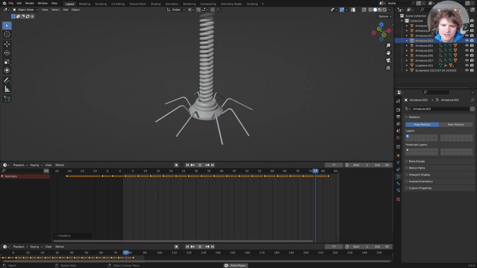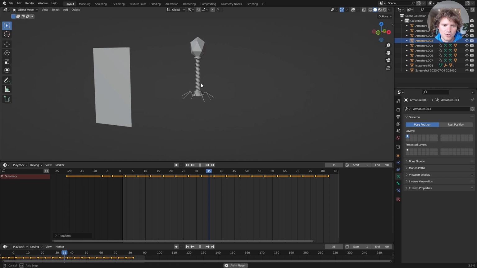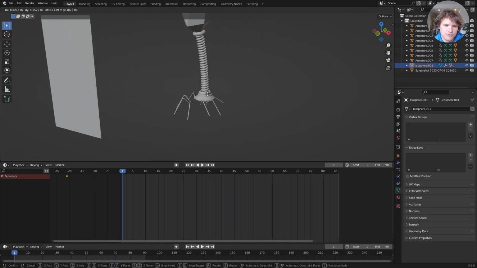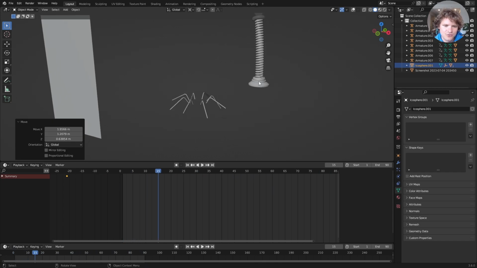And that will make it look a bit more like it's crawling. Again, since we're just going to animate this thing moving, technically, the front legs go forwards and it kind of drags it along, but I'm just doing a basic animation here. Now we run into the issue of when we move this, it doesn't really move the legs with it,